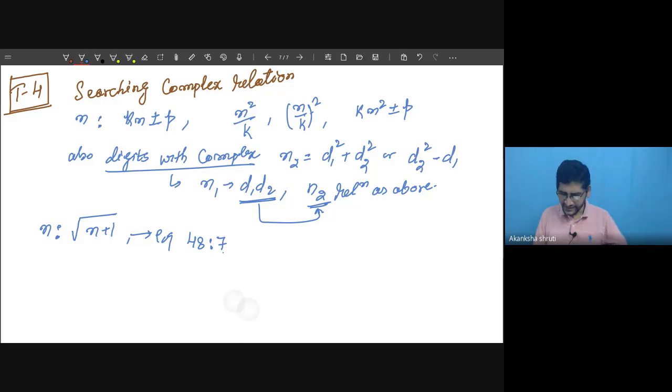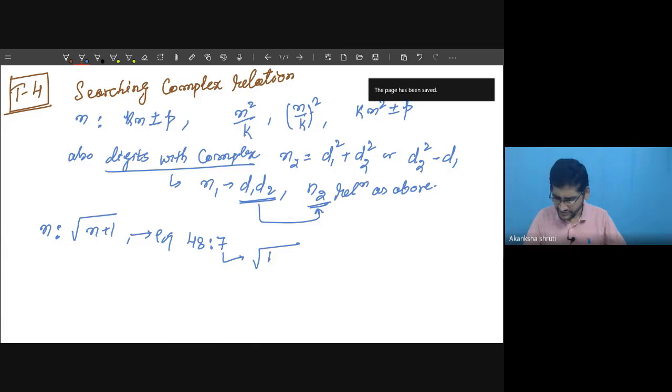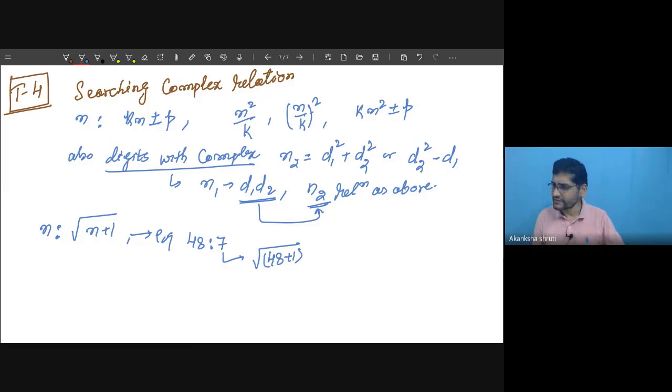What is the relation? Here we get that this is nothing but 48 plus 1, and there is a square root. 48 plus 1 gives us 49, and its square root is our 7. So for such a relation, one side n is considered, and the other side is obtained by taking the square root,